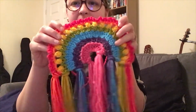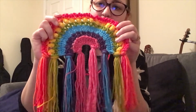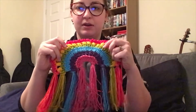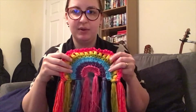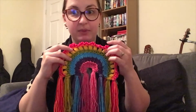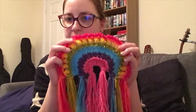It's just made from scrap yarn that I had lying around in my boxes anyway. It's a bit of a mess. It was a very quick make. It took me less than a day to make it, and it was from a free pattern on Pinterest. There's so many patterns on Pinterest for rainbows to hang up. It's probably because they're quite a popular thing to do at the moment. It was a really nice, easy